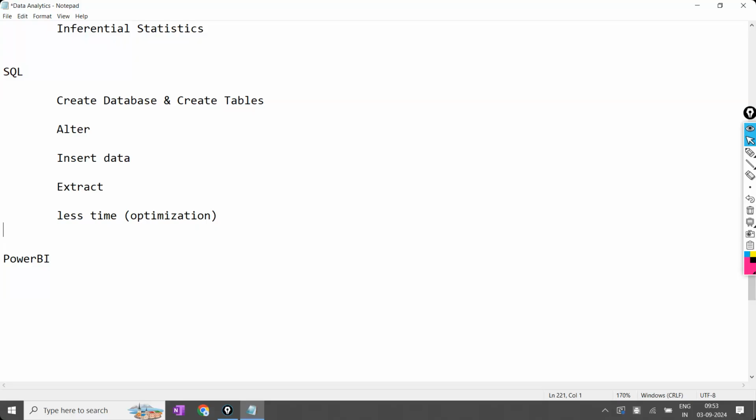For text data, we are going to apply a different plot. For numerical data, we have to apply a different plot. For time data, we have to apply a different plot. Three types of data will be there: text data, numerical data, time data. For each type of data, different types of plots are there. So what are the plots, how to use them, where to use them, and how to create them.